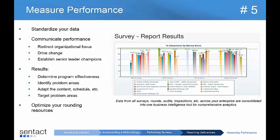Adapt your content and schedule. You might find that after implementing a program like this for 6 months or 8 months, that you're really able to adapt your content. Maybe certain questions you're constantly getting 100% on, and you need to ask less of those type of questions and more of some other questions. Or maybe you need to focus on an older part of the building or a wing that hasn't been renovated or something like that, a facility issue more, or target staff education more, those type of things. So adapt your content and your schedule and your program accordingly, and then target those problem areas that if you have a Joint Commission visit pending in the next quarter, hit the areas that are going to have the most